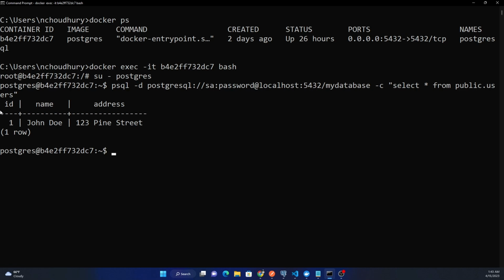So if I run the query, you can see the user has a single row with the ID 1, name John Doe, and address 123 Pine Street. And we will try to connect to this database using the same query and try to retrieve these values from